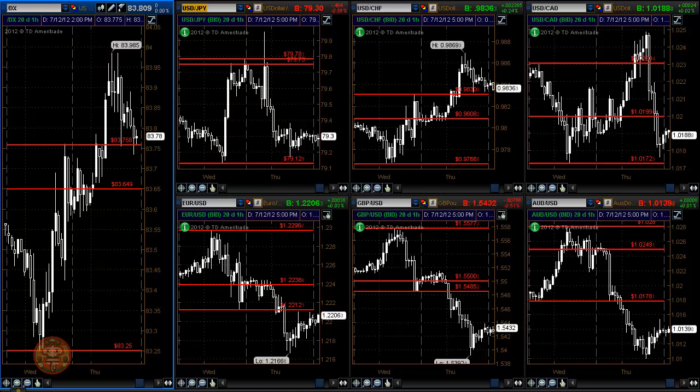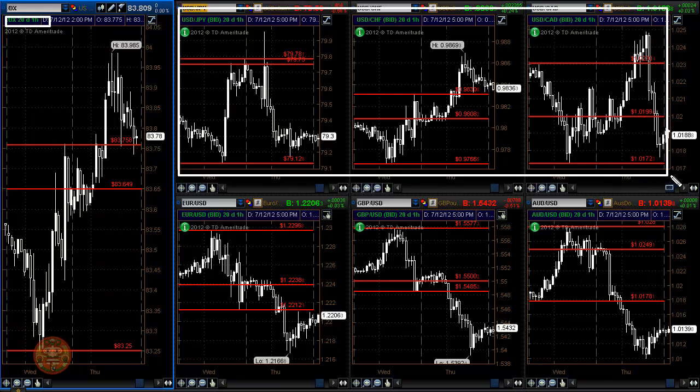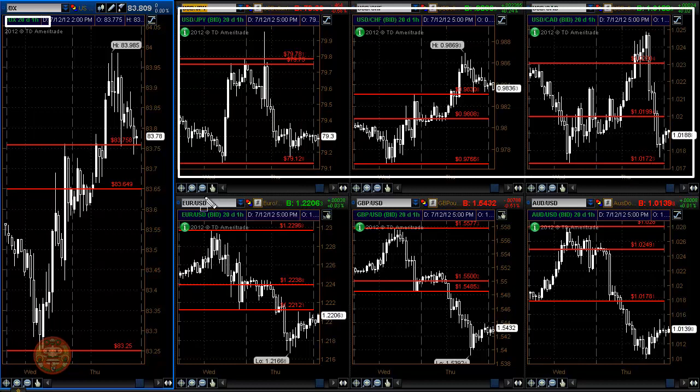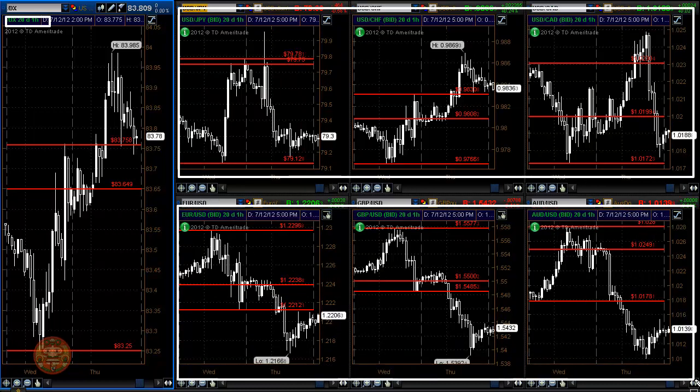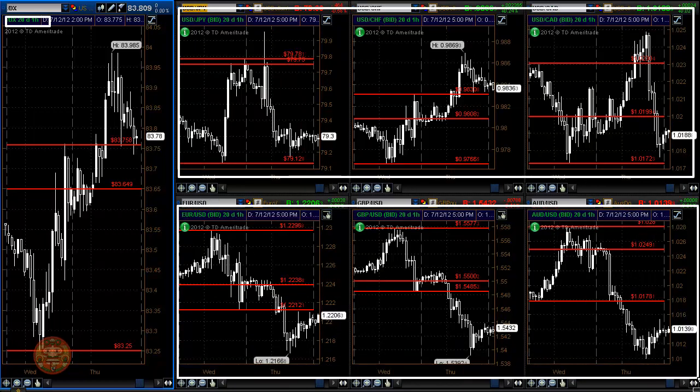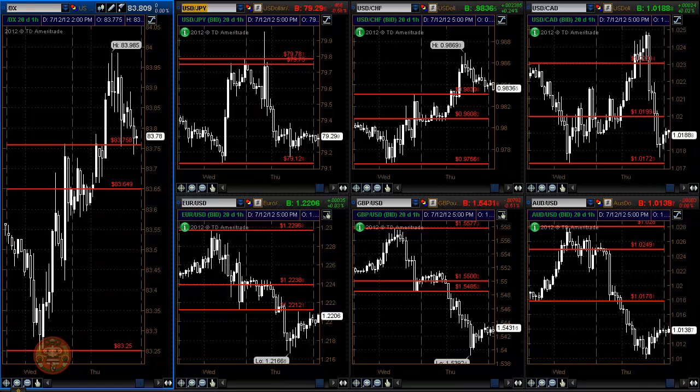You can see we've got the dollar index futures on the left, followed by the rest of the currencies. You've got the yen, Swissy, and the Canadian on the top here, and the euro, the pound, the Australian dollar across the bottom. And as you know, taking a look here at yesterday's activity versus today, we can see